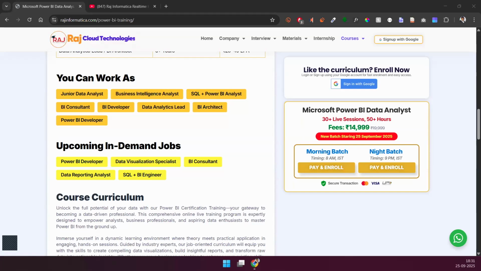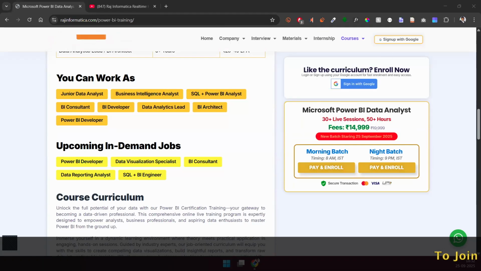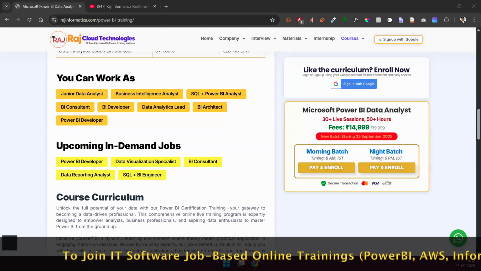I'm seeing that. Good. So what happens is, it's all about an organization having some data. You can be part of any domain, any skill set, any job profile. Let's say your college or your organization is just having some data. You want to do some analysis on top of that, bring out some insights, and understand what that data is saying. I'll walk you through the data set today, and we'll learn how you can quickly bring out some information. This tool is going to help you get the answers from the data.